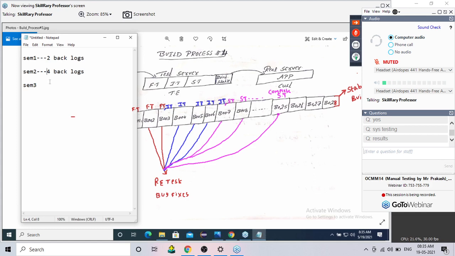Forget about 5. These 4 backlogs are from which semester? Rakshita says it may be from any SEM. Perfect, guys. It may happen that SEM 1 backlogs I have completed, but in SEM 2 I had 4 backlogs. Or SEM 2 I have 3 backlogs and only 1 backlog I cleared from SEM 1. Is this combination possible? Yes or no? Possible. Good. Now exams are done. I started my SEM 3. Again, same story. Exam is over and again 2 backlogs are there.